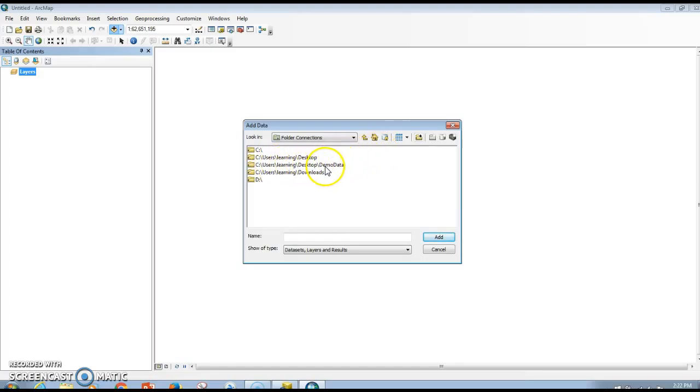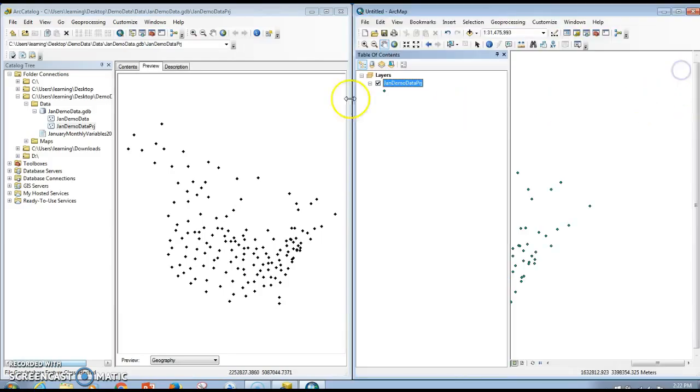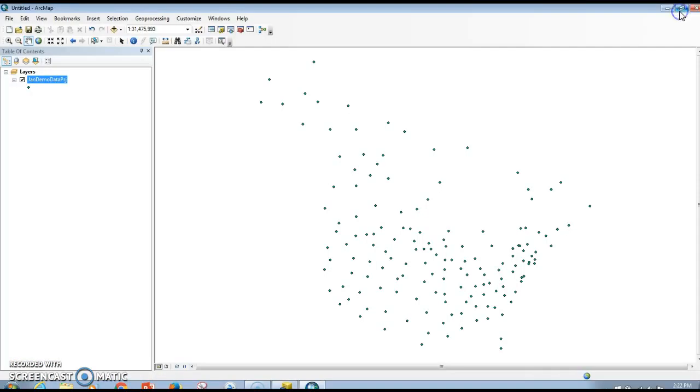So here's where our data is located. It's right in the desktop, demo data. Double click that, go into data. Again, go all the way into the cylinder looking thing. You know it doesn't look like a folder, it really is. And take the January demo data projected and click add. So there's two options for adding your data. You can click and drag, or you can click the black plus sign and use your folder connections made here to shortcut data loading. I'm going to minimize our catalog, maximize ArcMap,